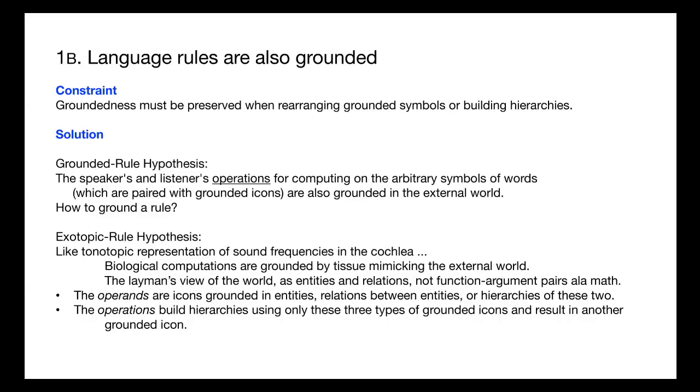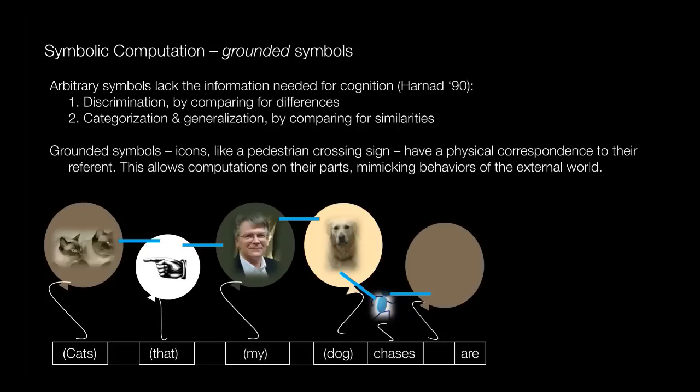So there is a problem, which is that we still want to not just point to these individual representations. We want to assemble them into higher things. So you want to assemble these two into my dog, and you want to assemble the whole thing into something about cats and dogs chasing. And you also have to get cats over here somehow. So you've got to do a computation. But if the representations are grounded, there's no guarantee that your computations on them are still going to be grounded and therefore give you a valid result.